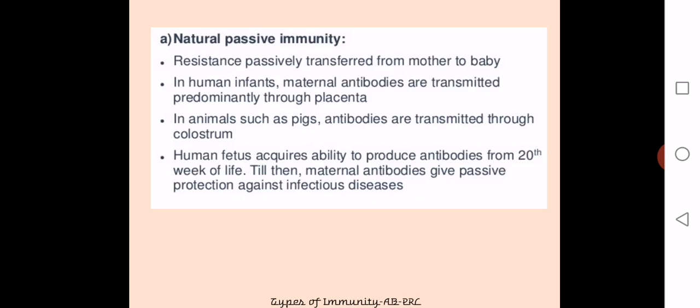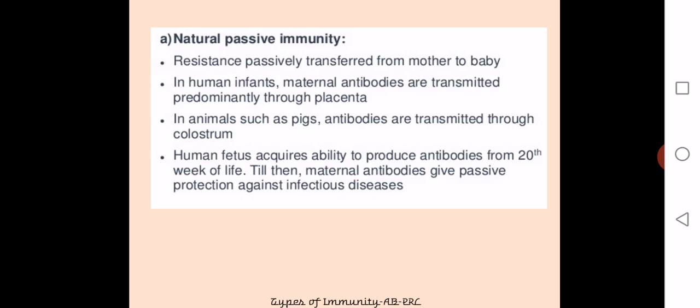Natural passive immunity is the natural administration, where resistance is naturally transferred from certain sources to the host body. A very common example is the resistance transferred from mother to the baby or fetus. There is an antibody called IgG which can cross the placental barrier usually present separating the fetus and the mother's body. So the antibody can cross this placenta and enter into the fetal blood circulation,